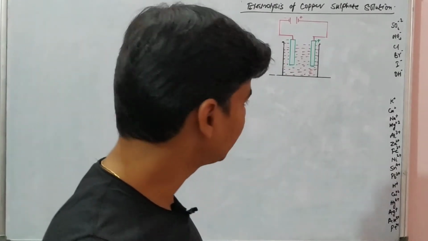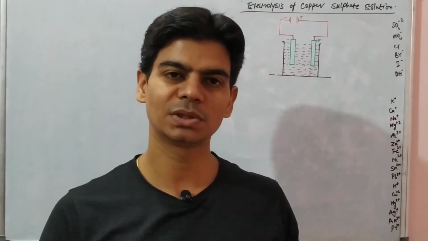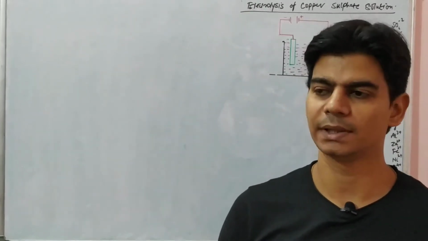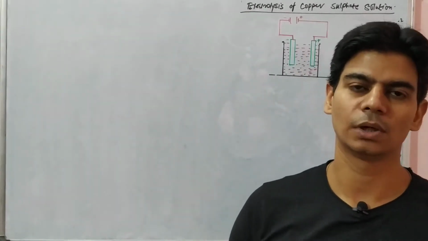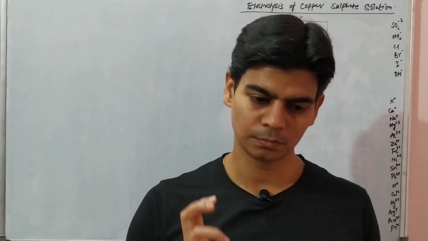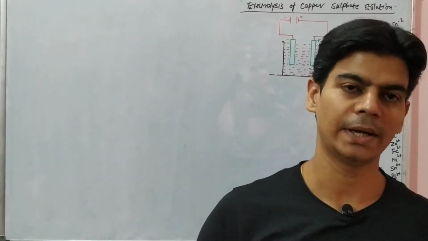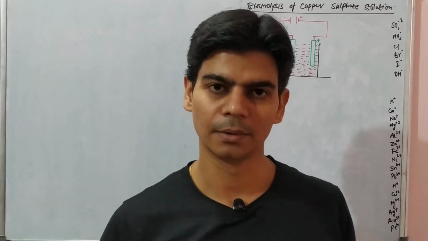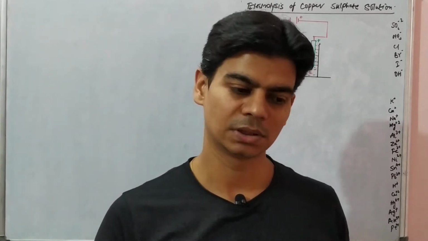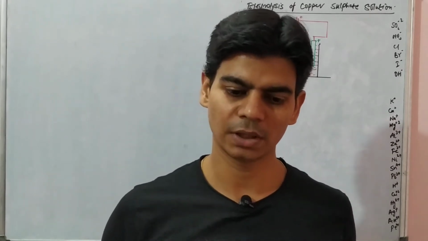The things we need to check here are what the electrolyte is and what the electrodes are. The most important thing in the electrolysis of copper sulfate is something we studied in the previous lecture on the electrochemical series: the nature of electrodes. When we have more than one cation or anion, the selective discharge depends on the nature of electrodes as well, and the nature of electrodes sometimes decides the product of electrolysis.